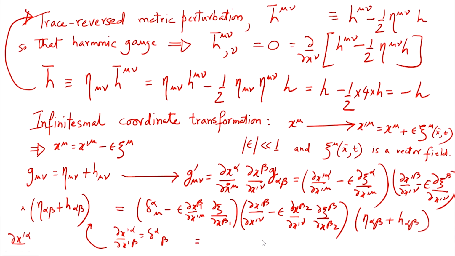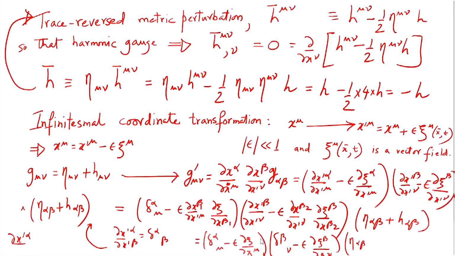So this becomes simply δ^α_μ − ε ∂ξ/∂x^μ itself, because this will give me a Kronecker delta β1 μ, and when you contract it, you will get ∂ξ/∂x^μ itself, and here similarly δ^β_ν − ε times the Kronecker delta contracted with ∂ξ^β/∂x^ν,